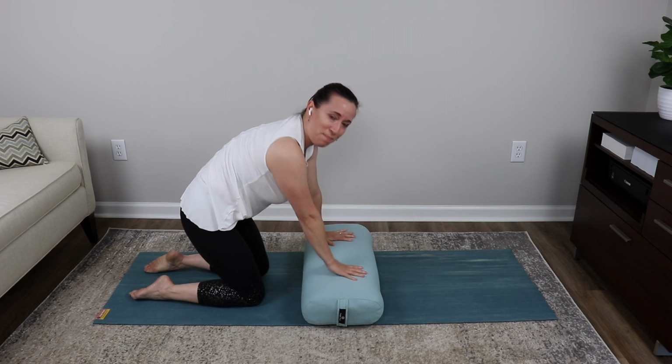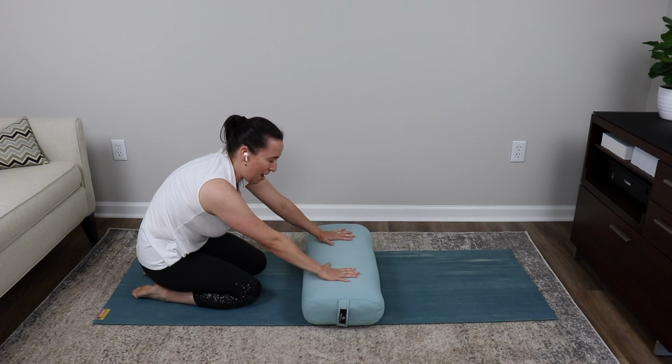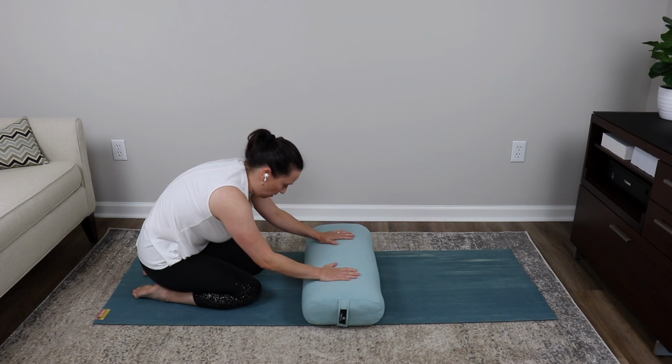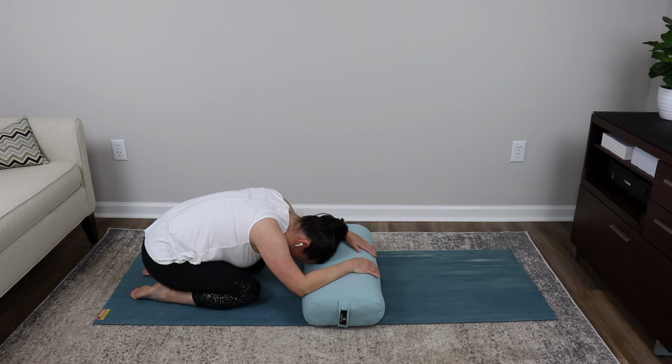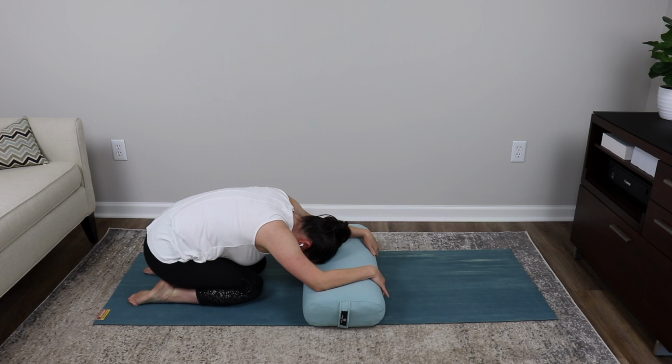Walk your hands up onto the bolster, tuck that tailbone under, slowly sit back. Take a gentle inhale here, and as you exhale, bend your elbows, let the crown of your head come down to the bolster. Let your belly rest here. Just drop your wrists up and over the front of the bolster here to give them a bit of flexion. Take a nice deep inhale into your belly,